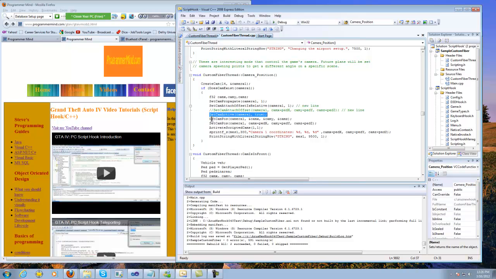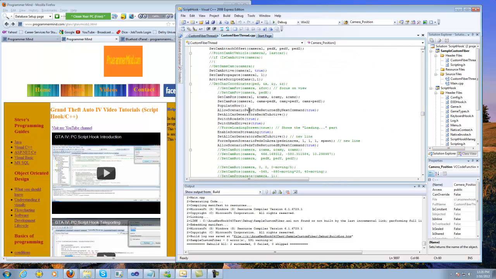Set the camera, get camera, activate script cameras. This is what kind of turns it on. So if you set this up right here, you can already position a camera in the game. I think I might even have, let's see, cam is in front. Here's how to kind of go into